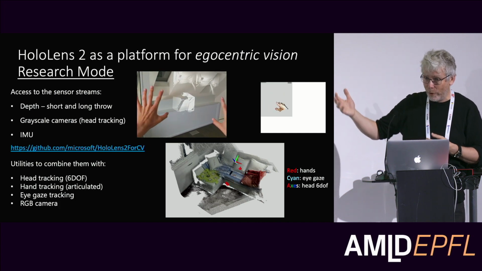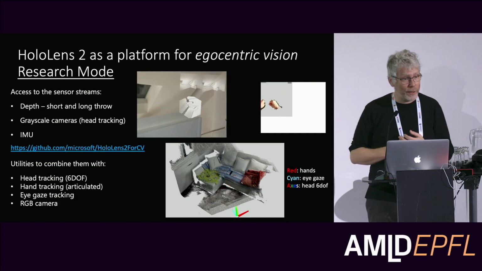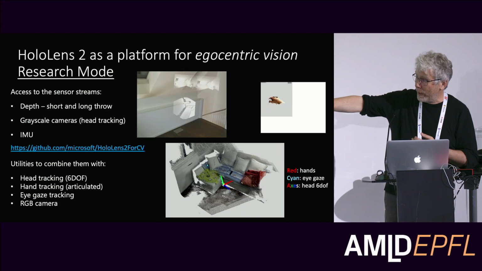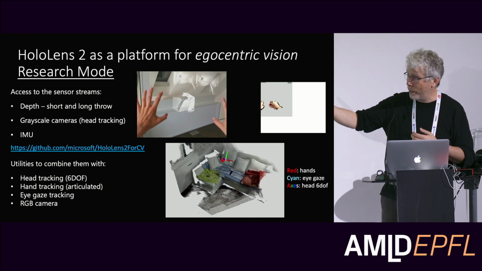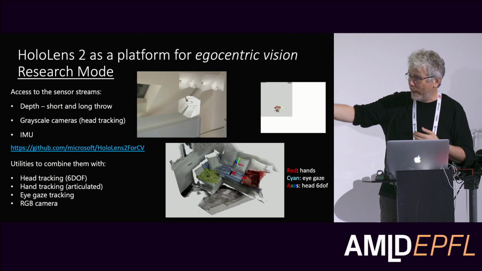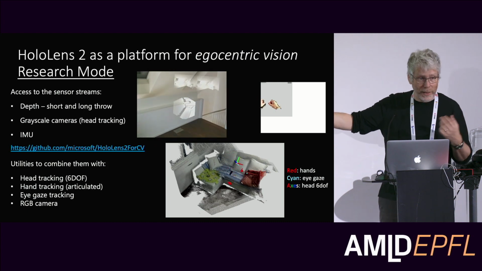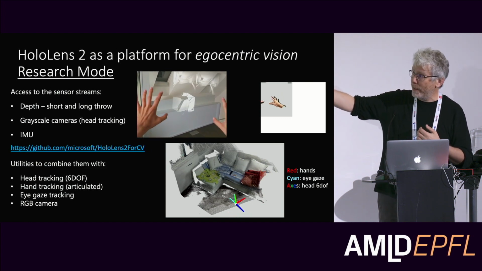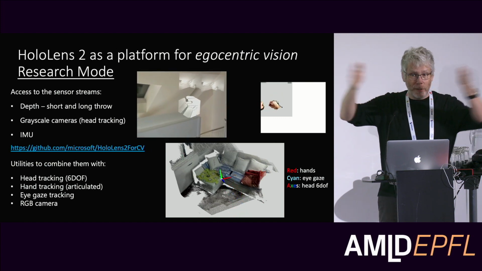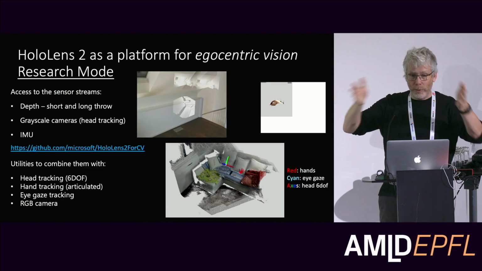But you can, on your own HoloLens, run all the experiments you want. You still get access to all of the things that come by default on HoloLens, like head tracking, hand tracking, eye gaze tracking, and the RGB camera access. But in addition to that, you also get raw sensor access to the depth camera, both the wide field of view hand tracking camera as well as the